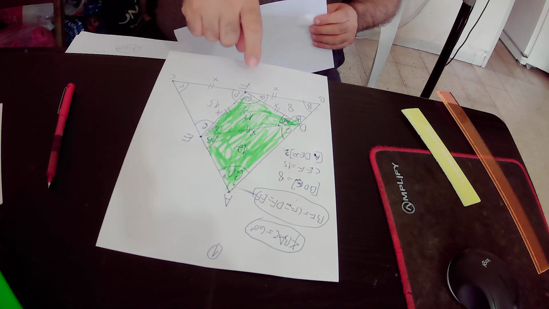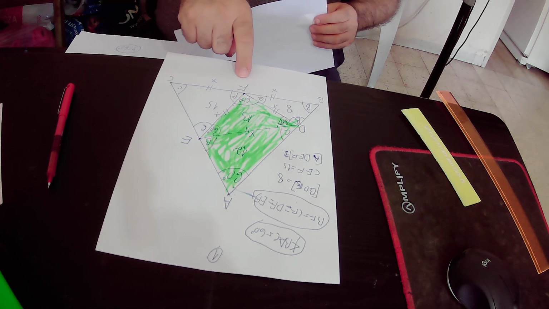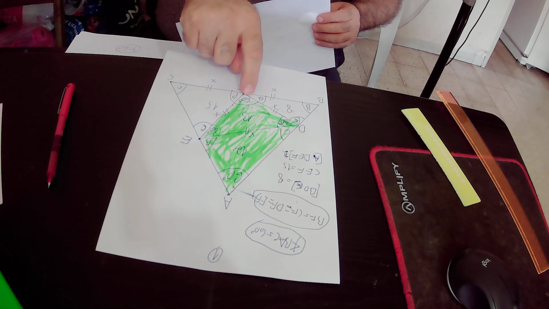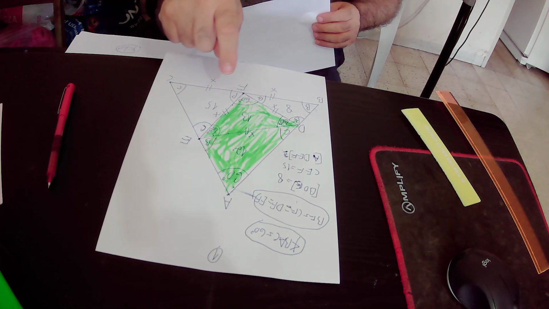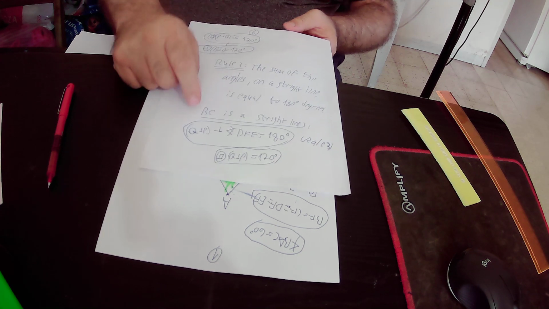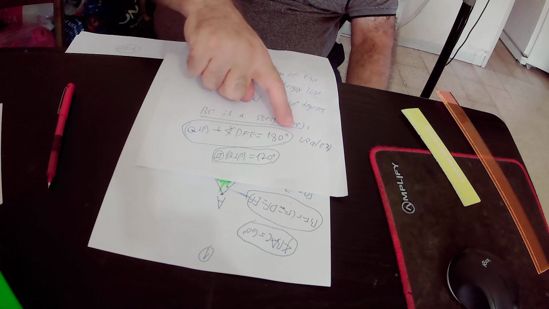according to rule number 3. So if we focus at point F, the sum of the angles at point F along the straight line BC must be equal to 180 degrees. That is to say, Q plus P plus the side angle DFE must be equal to 180 degrees. Again, Q plus P plus angle DFE must be equal to 180 degrees according to rule number 3,